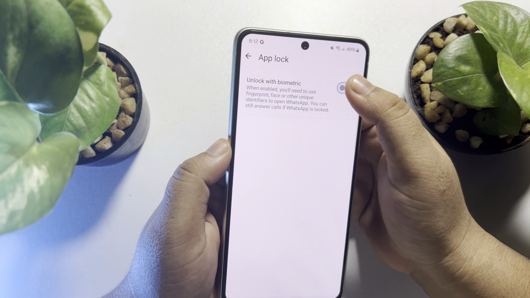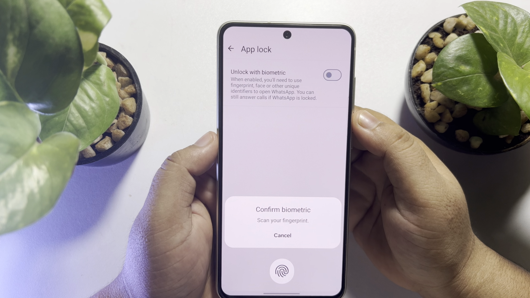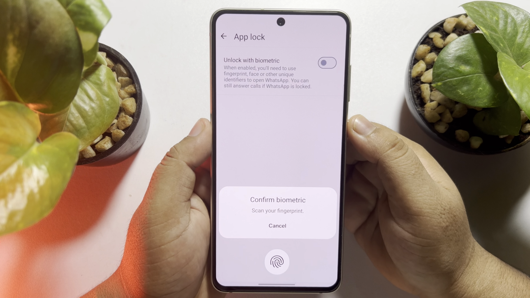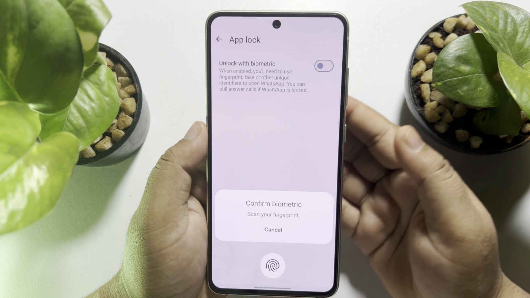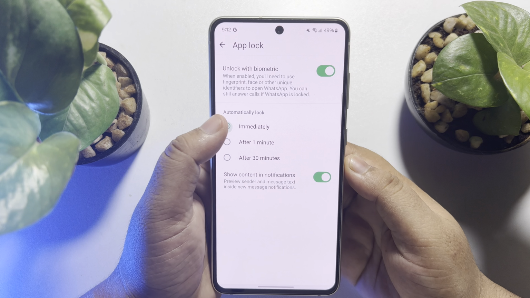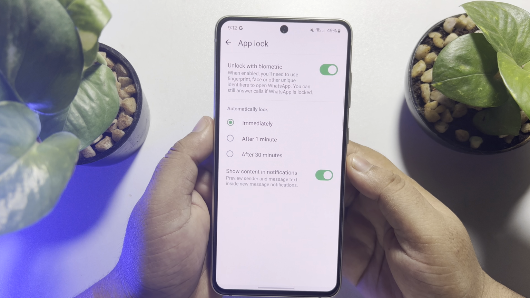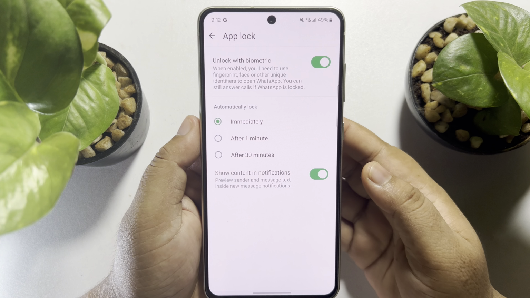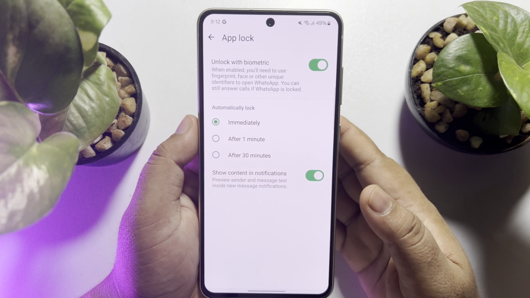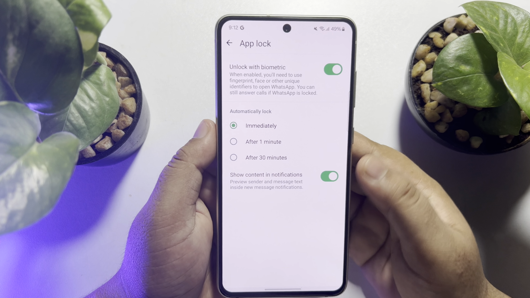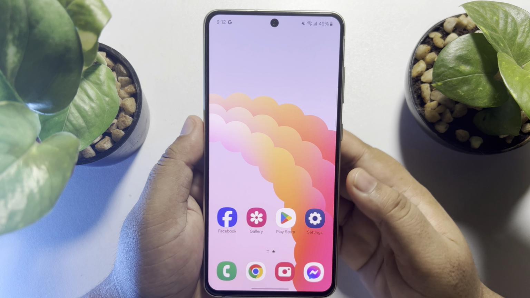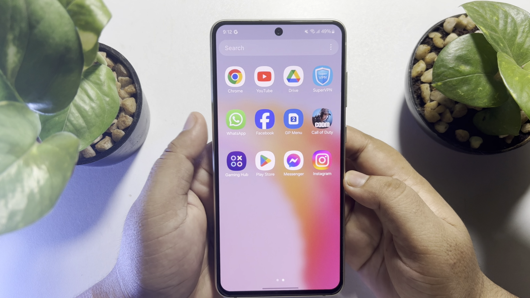So all you have to do is enable the unlock with biometric option, and now you have to confirm your fingerprint or password or face ID and automatically lock. Here select immediately, and if you want to get message previews when your WhatsApp app is locked, you can enable it from here. Okay, now I'm going to close WhatsApp from my background, and now I'm going to open